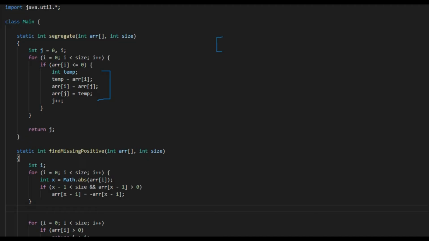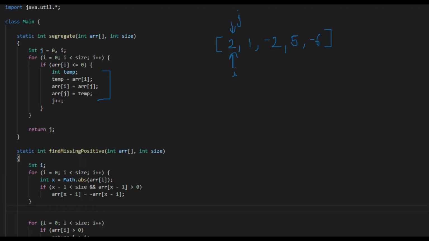Let's say we have 2, 1, minus 2, 5 and minus 6. Okay. Now to segregate, what we will do is we will take two pointers, which is i and j. With the help of these two pointers, we will segregate the array.